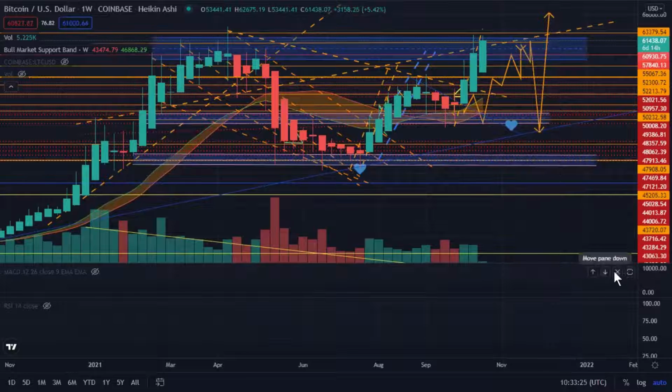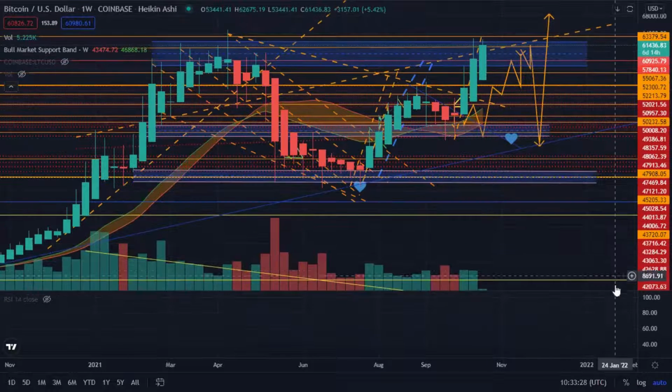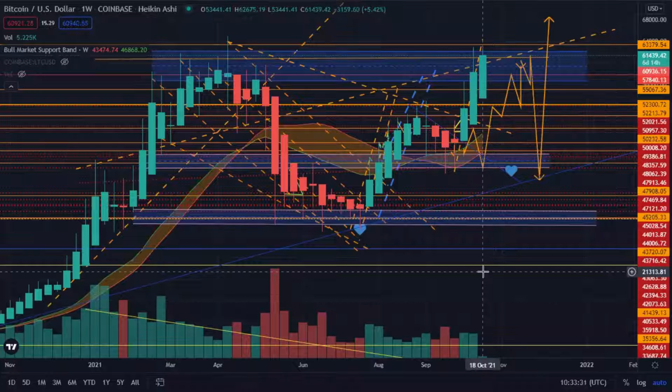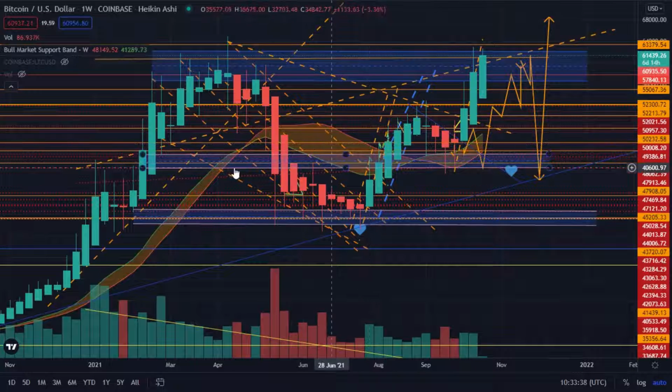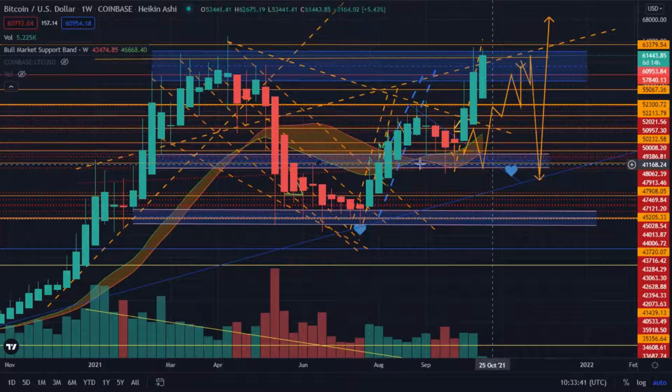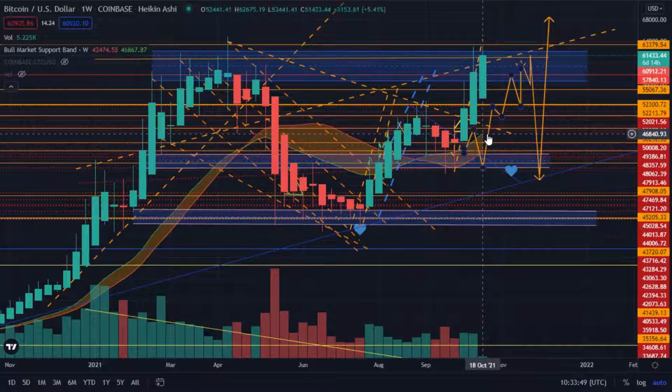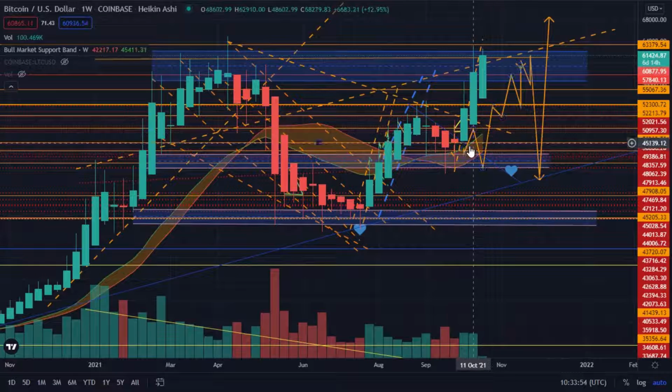So as we've mentioned before, all the moving averages in essence are just the old prices. Okay, so old prices were pretty much hovering around the old prices of our support between 40 and 43. Now, what has happened, Jade? Because price has gone up, the bull market support band has gone up. Now the issue is, if we were to come down and bounce off it on the way down, the bull market support band would turn around and go back down again. Do you know what I mean? Because prices will be coming down.